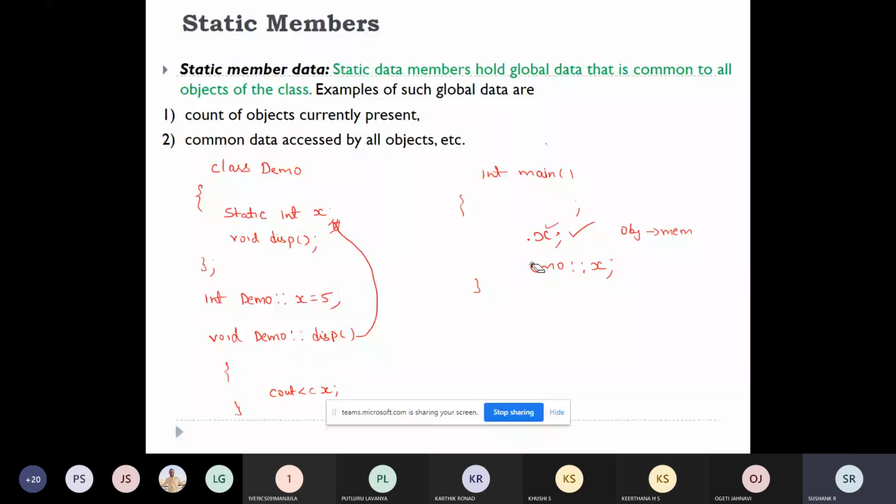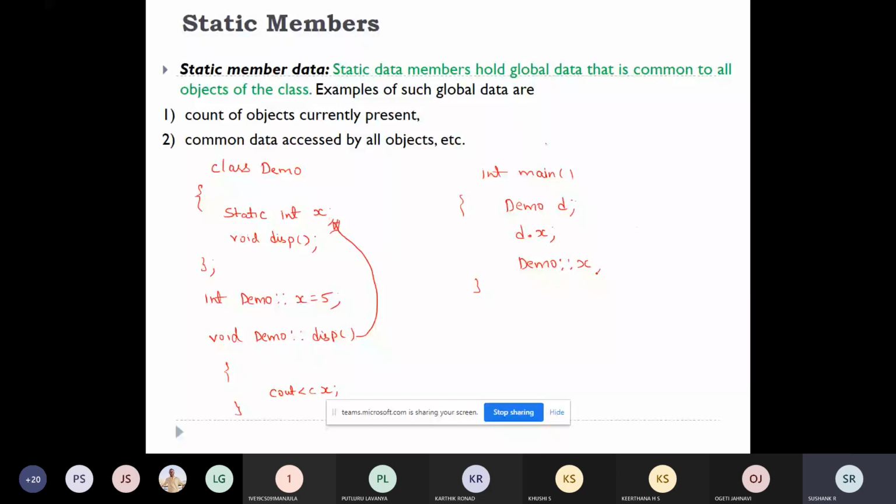First, we studied the static variables. Then, from the function you can directly access the static variable. From the main function you can access it in two ways: create an object and use it to access the static variable, or directly access it from the class name, scope resolution, and the static variable name. This is also correct. There is no error in this.